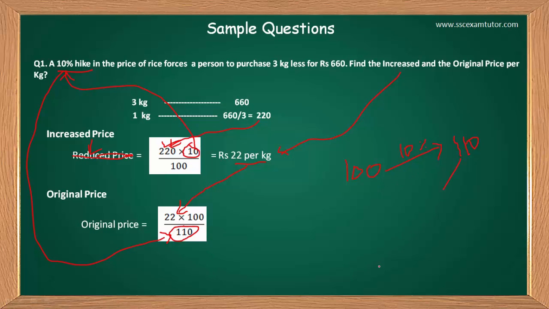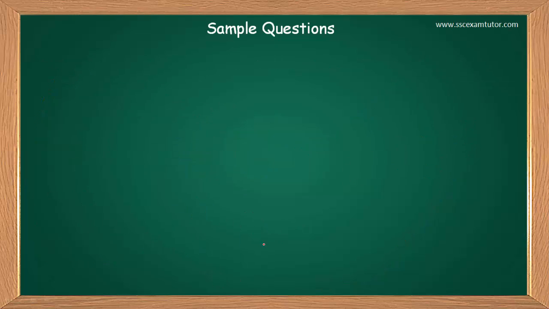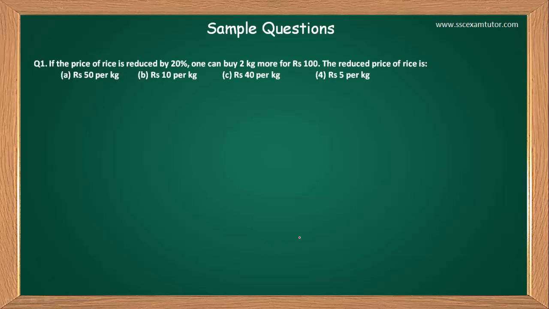तो यही 110 को मैंने यहाँ पे यूज़ किया है। तो इसे जब आप और सॉल्व करेंगे तो ₹20 पर केजी आएगा, जो कि आपका आंसर होगा। तो काफ़ी आसान तरीका है। अब हम देखेंगे कुछ क्वेश्चन जो कि पिछले कई सालों में पूछे गए हैं SSC CGL एग्ज़ाम में। तो पहला क्वेश्चन है जिसमें आपको रिड्यूस्ड प्राइस निकालना है, और क्वेश्चन रिड्यूस से स्टार्ट हो रहा, मीन्स कह रहा है कि 20% प्राइस में कमी होने के कारण 2 केजी ज़्यादा ख़रीद पा रहे हैं हम 100 रुपये में।